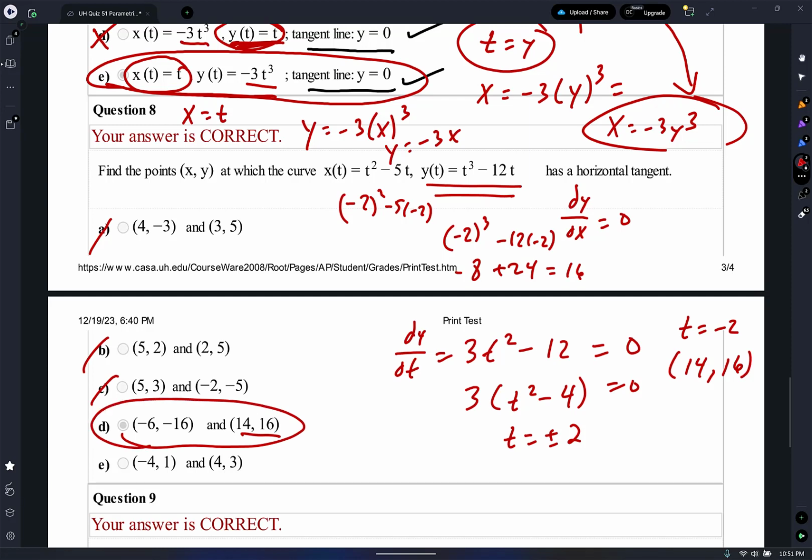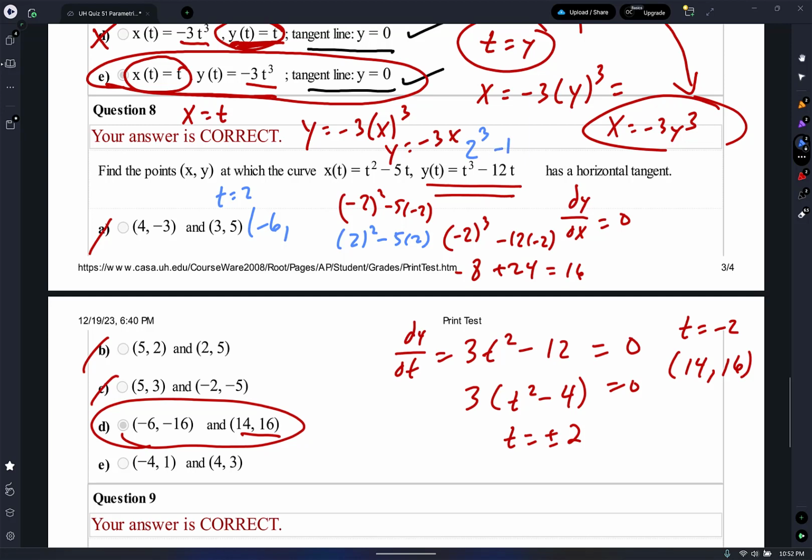Don't just take that one, guys. Also check at t equals 2. So here, I'm going to do it in a different color. So I'm going to plug in t equals 2 now. So if I plug in a 2 in there, x of 2, let's see what we get. 2 squared minus 5 times 2. 2 squared is 4. 5 times 2 is 10. 4 minus 10 is negative 6. So negative 6, comma,